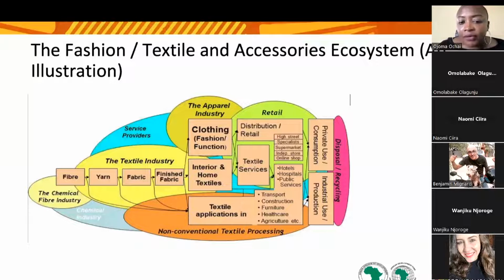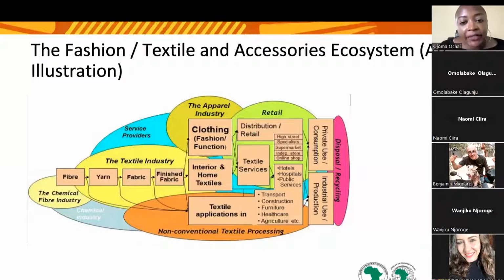You need to be aware of the application of the products that you're creating. For example, if you're making fabric, if you're into textile design, and you know about the application of textiles in fashion, as well as in transport, construction, agriculture, and so on, it can help you develop multiple revenue sources for the work that you're creating. So it's important that you understand these applications so that the business model that you're building can be stronger.